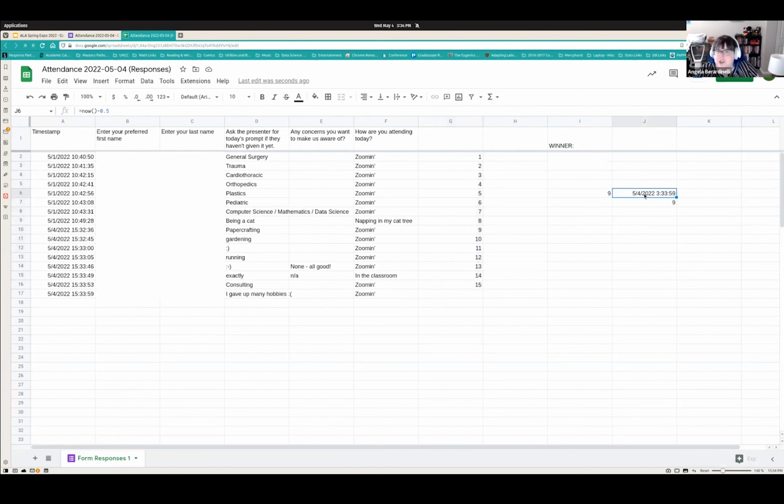What this does, this is just a now function in Excel or in Google Sheets to say what today is. And so it's going to search the timestamp column since he uses the same sheet every class period. He has it search for the entries from today. So I use the today link, and then I find out where today starts using a VLOOKUP. And then I have it randomly generate someone from the beginning of today to the end of today. So that's the randomization piece.